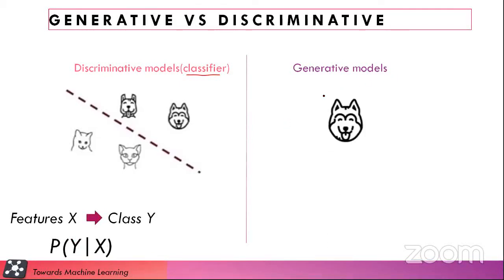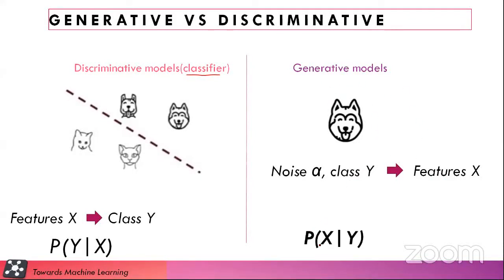Okay. And generative models are for generating images. Suppose here we generated dog images. In this case, we will give a noise X and we will give a label Y, what we want to generate, dogs. And it will create an image of a dog for you. It is given by the conditional probability of X with respect to Y. Basically it is telling what is the probability of X when Y is given. Basically you will give that label, right?